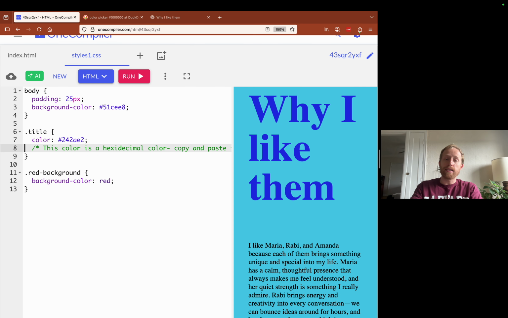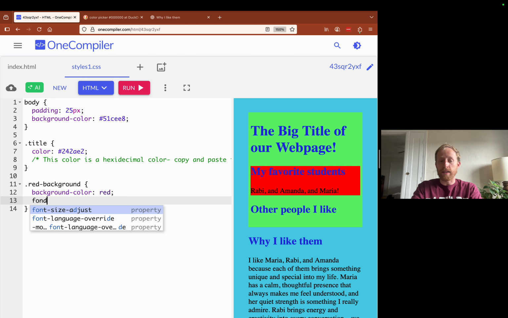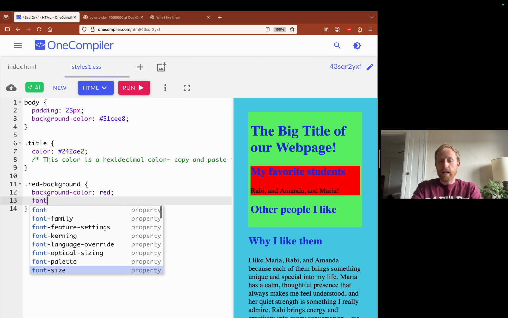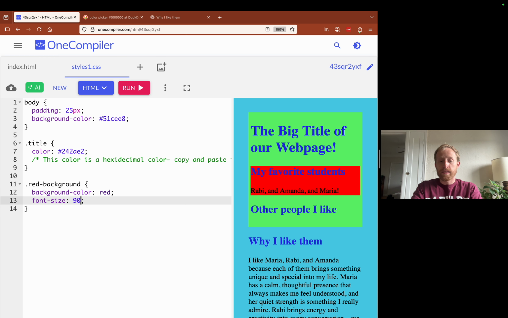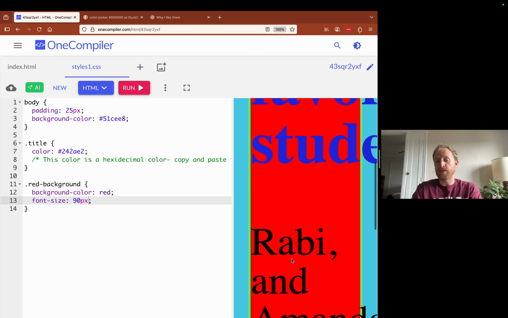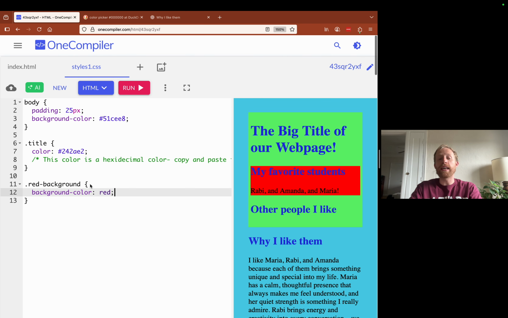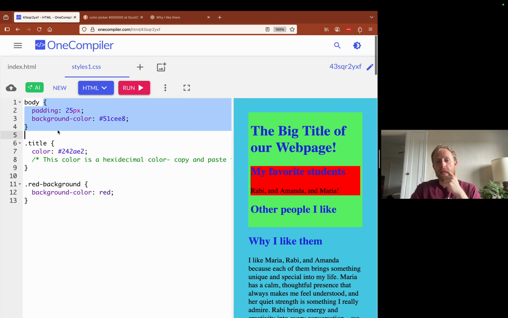So what this does, the reason you have this open and close is so that I know I can write as many as I want in there, or as few. And so that's how it knows. Once we hit this close tag, then it starts applying to title, and here it starts applying to red background, right? So I could say font size here. Now if I write font size here is 90, it no longer applies the font size of 90 to all these titles. Instead, it applies it to all this stuff in here. And that's the point of those squiggly brackets, so it knows, okay, this is the stuff that applies to red background, this is the stuff that applies to title, this is the stuff that applies to body.